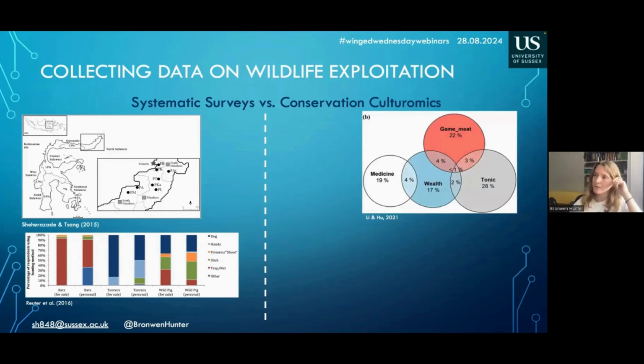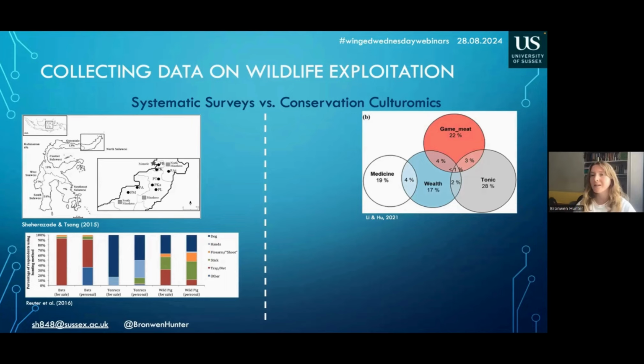But on the other hand, online platforms have also provided us with some insights into wildlife exploitation. So one study, the results of which are shown here, looked at posts about tiger bone wine on social media and also on the search engine Baidu in China. And they managed to categorize those posts by the motivation for consuming tiger bone wine.